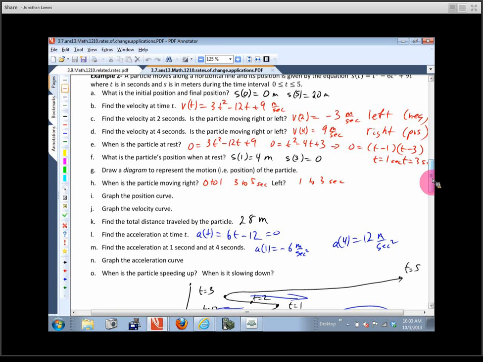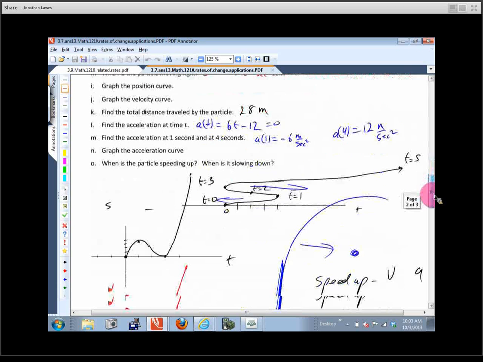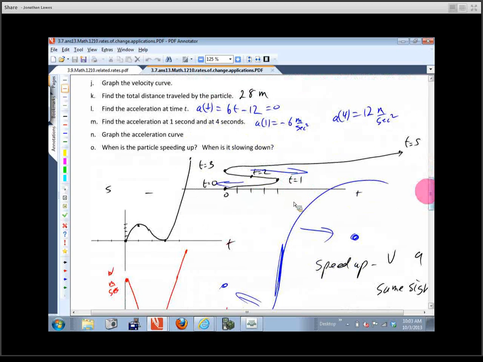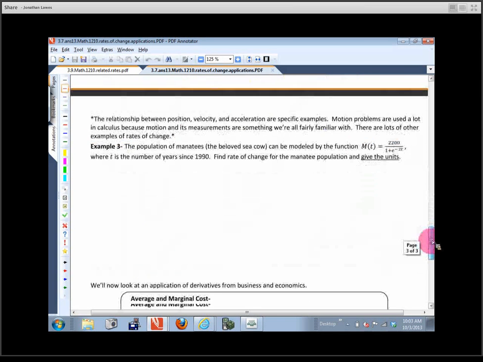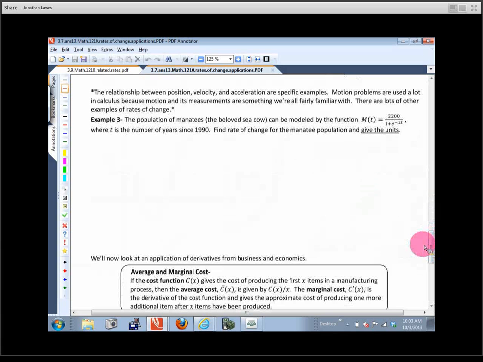We're just talking about a particle moving back and forth along the line, and we drew a diagram for what that motion would look like. And then we actually went through and graphed the position function, the velocity function, and the acceleration, and talked about each one of those things. When's it slowing down? When's it speeding up? When is it stopped? What's its position when it's stopped, and all that sort of stuff. Okay. And if we go to the last page,